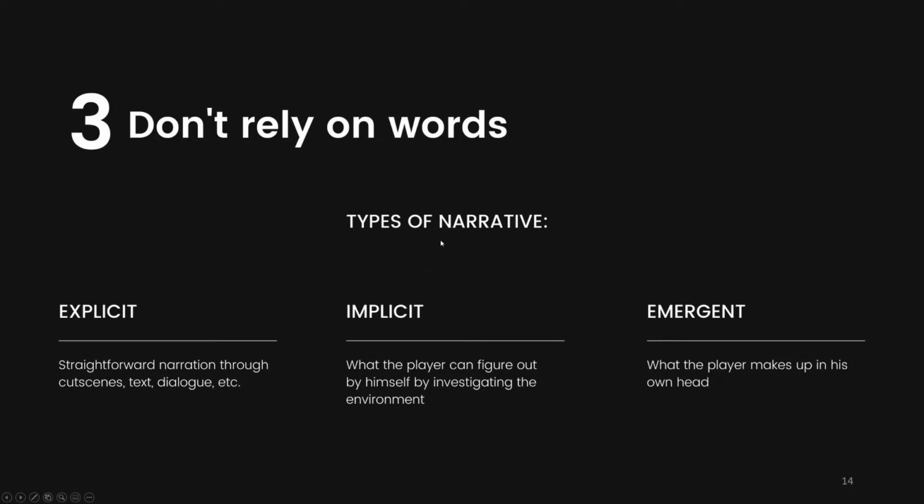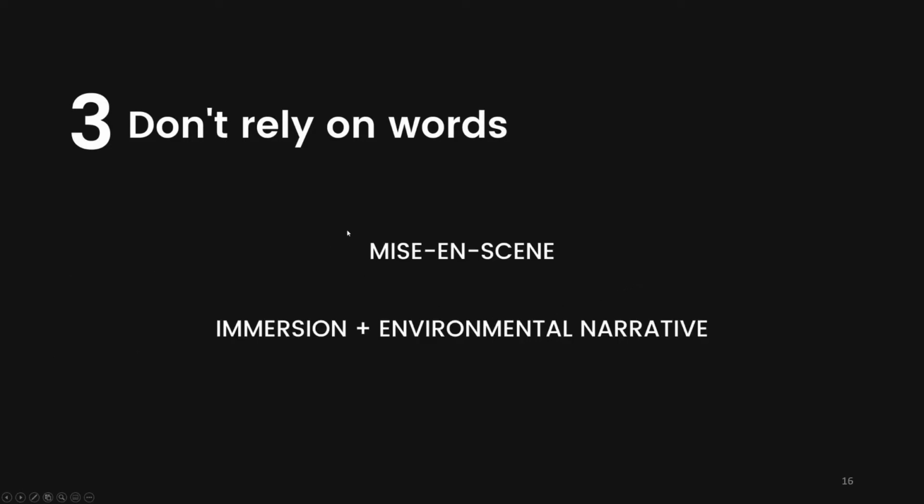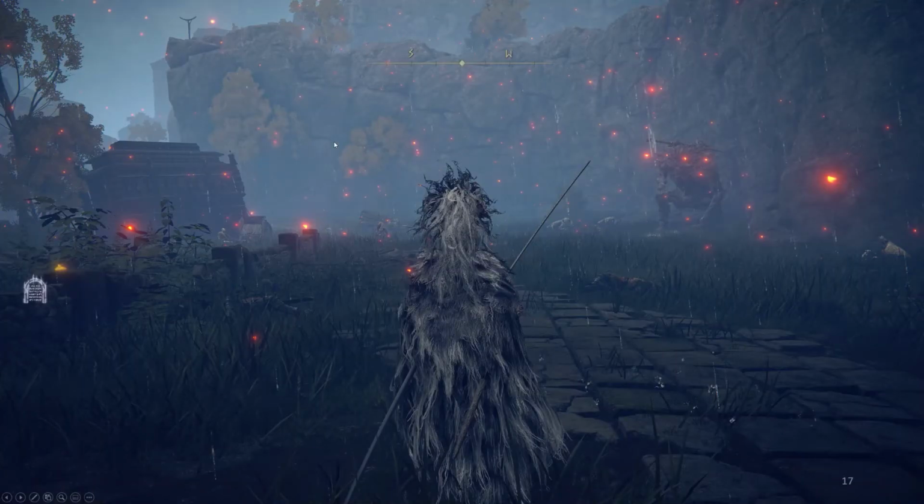And in order to create a good narrative for the game, we actually try not to use the explicit narrative, but we combine the implicit with the emergent one, and we use something called mise-en-scène, and we create an immersive and environmental narrative. So, for example, again, going back to Elden Ring, here is just a very basic